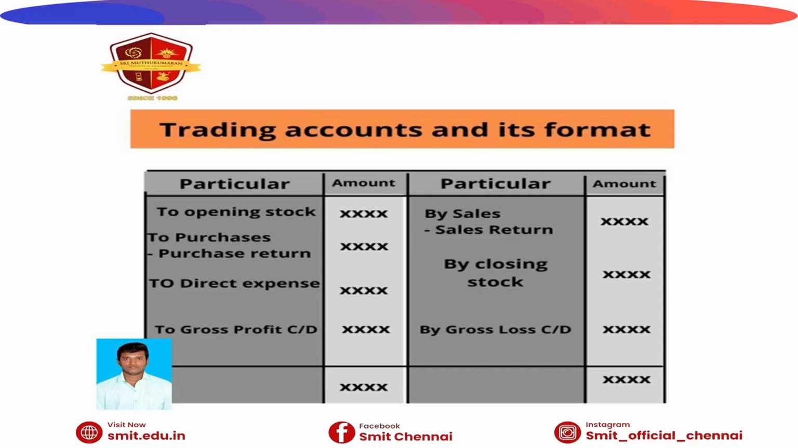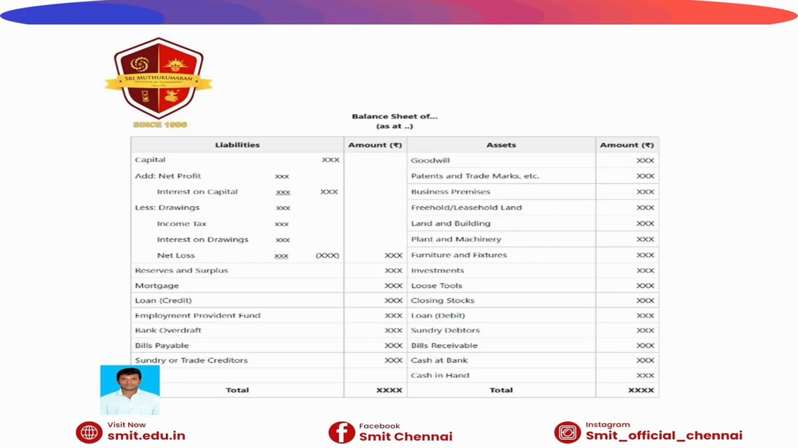And then finally balance sheet. Balance sheet is liabilities and assets. Both the liabilities and assets value should be equal. This means they should be tallied. So why I am telling that both should be tallied means if they are tallied we can get to